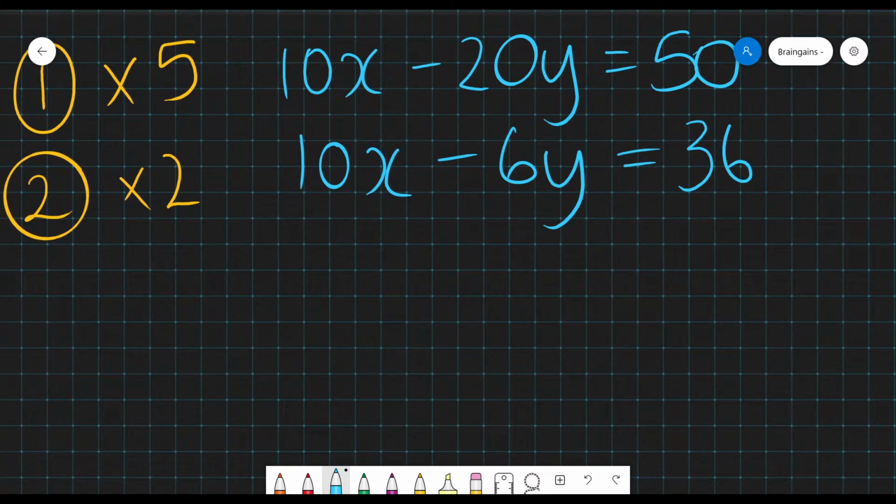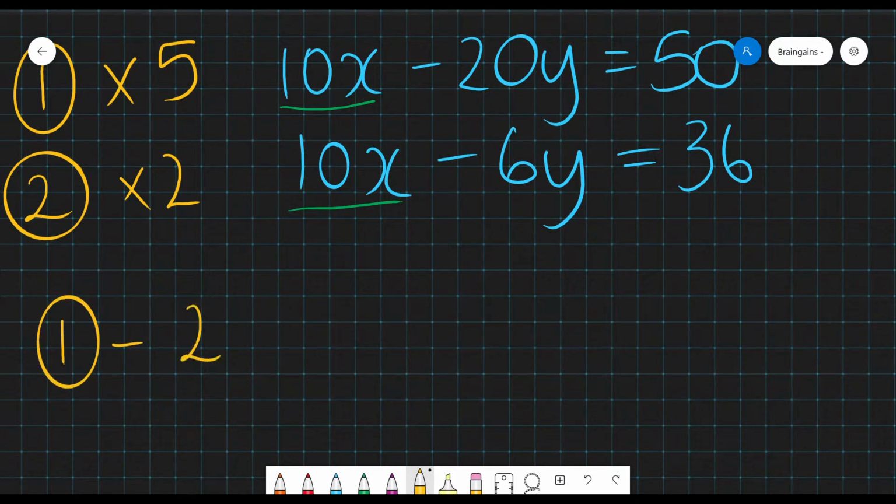Now that I've got x's the same, I need to figure out how can the x's cancel out with each other. Well, because we've got a positive 10x here and a positive 10x here, the only way that they're going to cancel out is if we subtract one equation from the other. Now, I'm going to go ahead and subtract number 2 from number 1, but it all depends on whatever your preference is. So if I have equation 1 minus equation 2, I will end up with 10x minus 10x, which